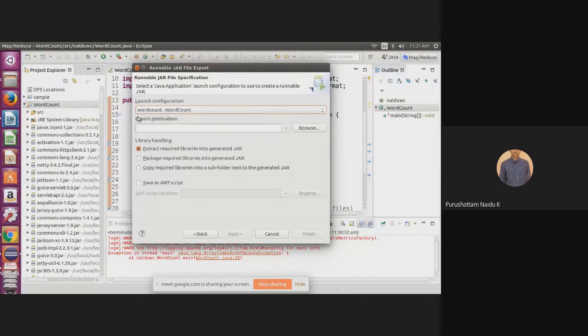And export destination: from which location do we want to export this jar file? So browse.